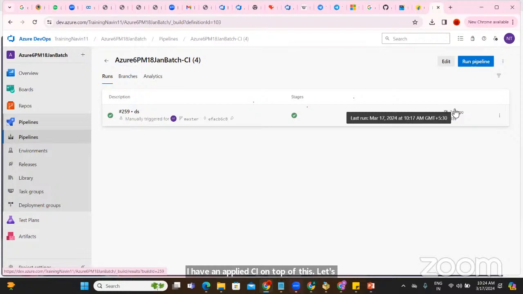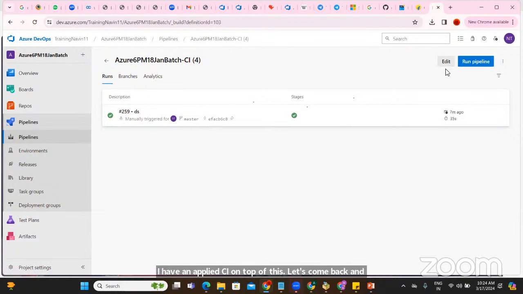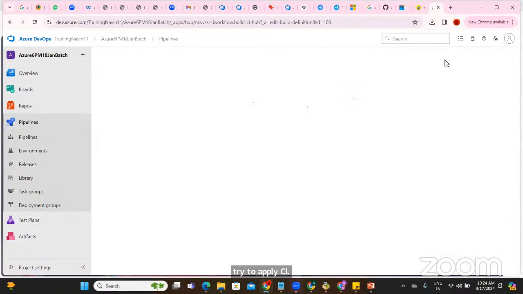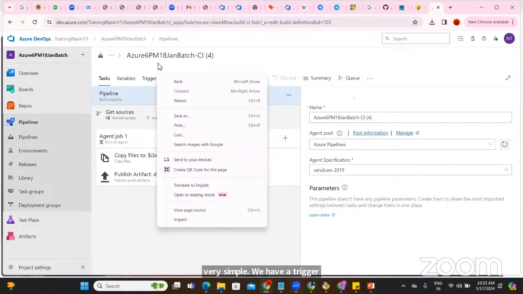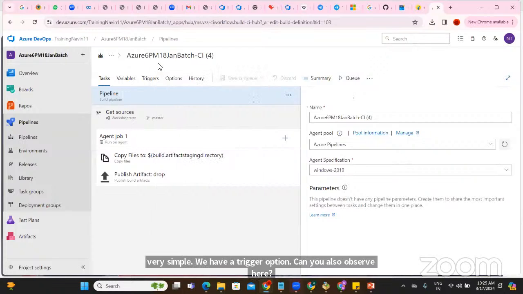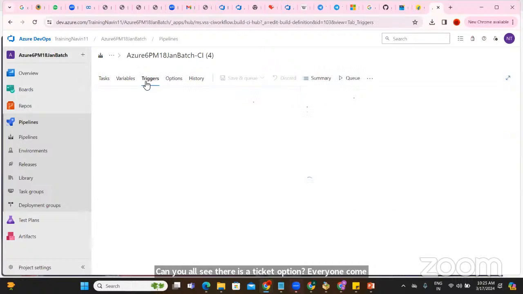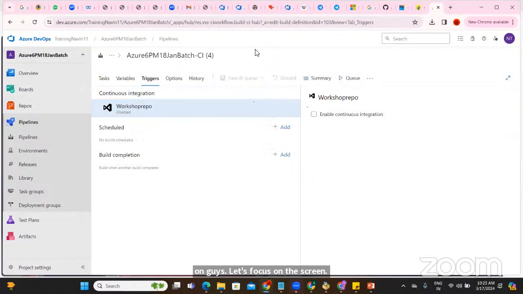Let's come back and try to apply CI. How to apply CI? Very simple, guys. We have a trigger option. Can you all see there is a trigger option? Let's focus on the screen. Just click on the trigger and on the right hand side, you can see an option called Enable CI.